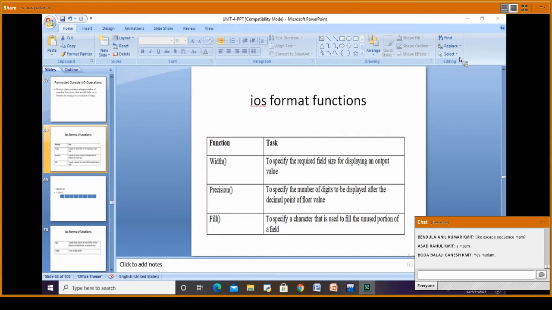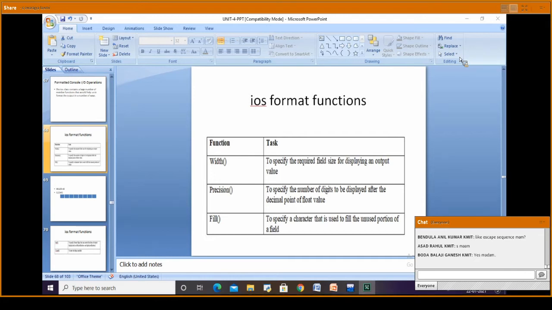It depends on the compiler. So here we want to specify the number of digits to be set, so we specify the precision.